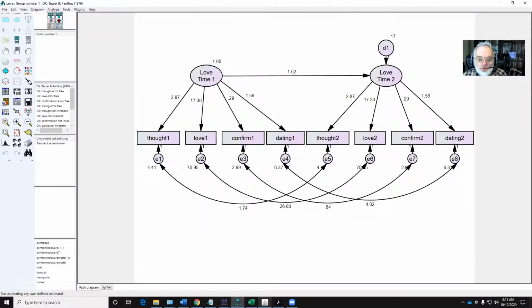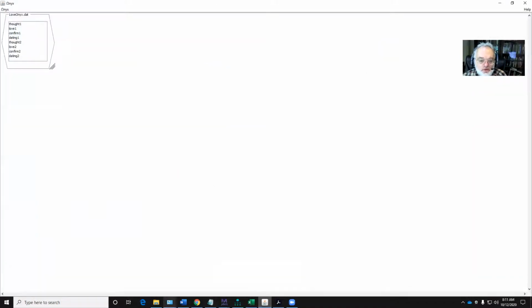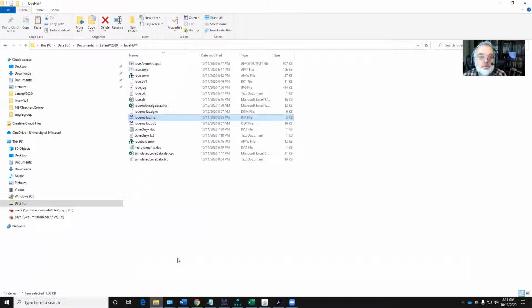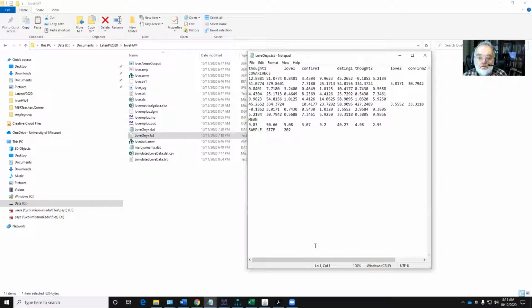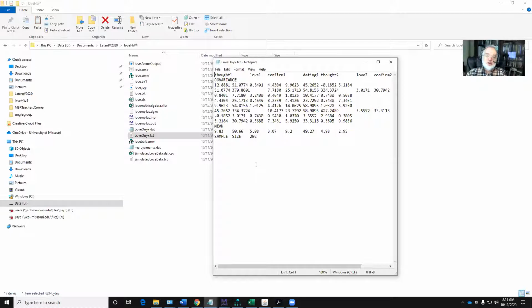Okay, there are a few things that I wanted to chat with you about inside of the computer and using Onyx and so forth. Specifically, if you're going to be reading in somebody's raw data and putting it into Onyx,